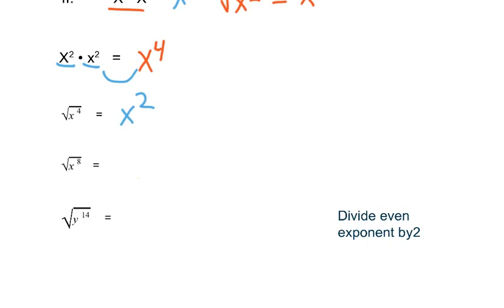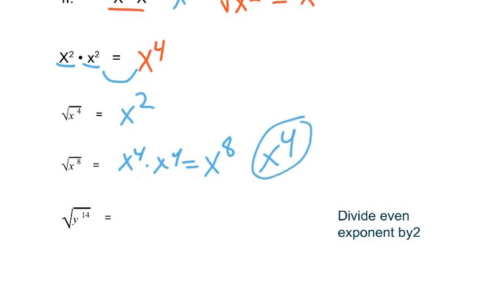Well, what about x to the 4th? Well, x to the 4th times x to the 4th is in fact x to the 8th. So x to the 4th is the answer. The square root of x to the 8th is x to the 4th. Now,